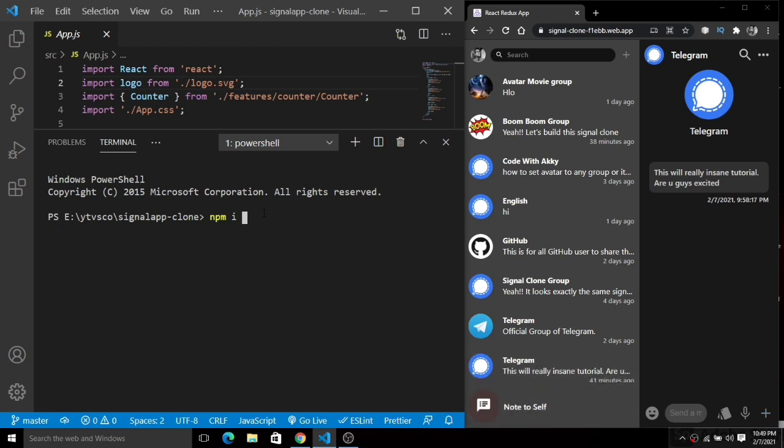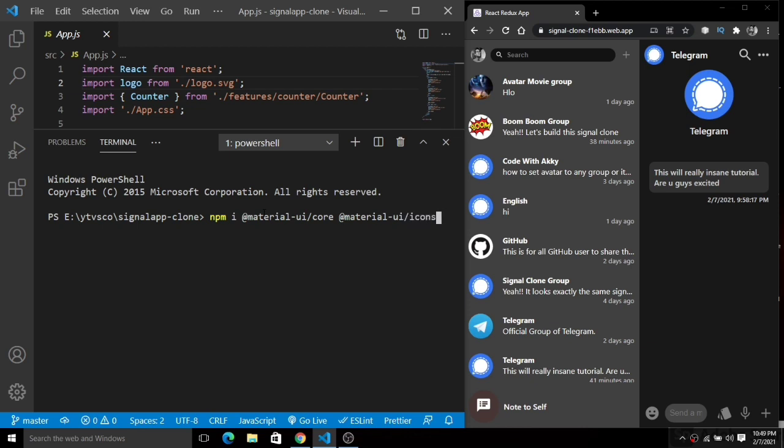So we are going to install dependencies for the icons. We will use Material UI for all these icons. I'm going to install the Material UI core and the Material UI icons for all these icons here.